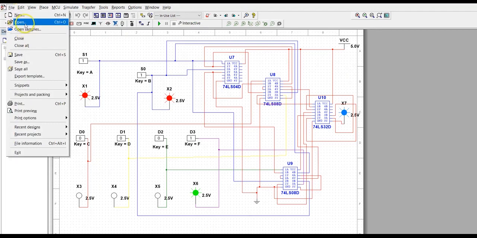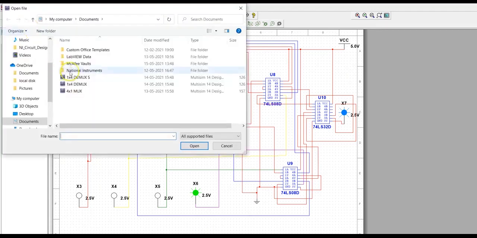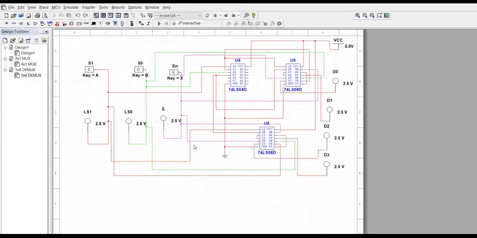This is the demultiplexer circuit which I have already connected according to that logic diagram. S1 and S0 are the selection lines.